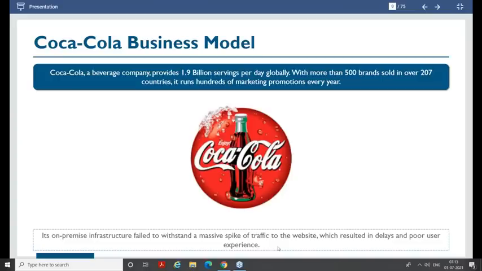So can I say they must have a huge chain of supply chain? They should have a huge supply chain management system. Yes or no? Because you cannot be selling your product in 207 countries if you don't have a big supply chain management. So they have so many distributors across the globe. When I say distributor, we are the end users; someone purchases in wholesale, then gives to the retailers, and then from retailers we get it.